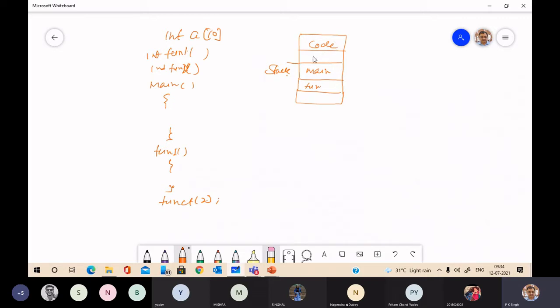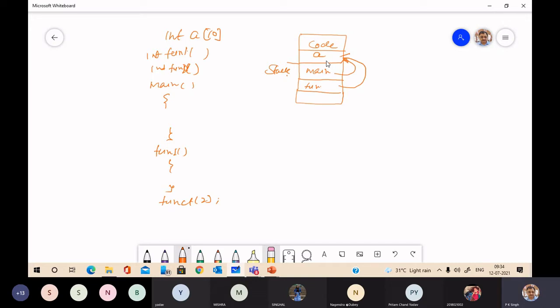But here we have defined an array A. So here we have an access link to refer to this. Here we also have an access link to refer to this. Apart from this, we have also discussed other information in the activation record.